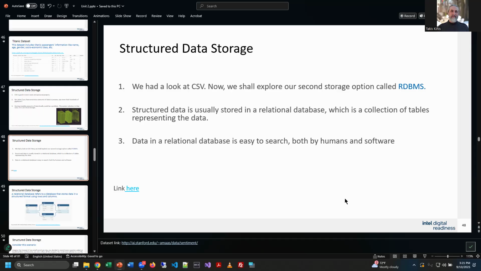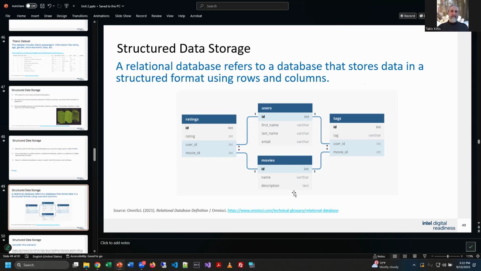Kind of keeping on going through this, another structured data format that we use quite a bit is relational database management systems, that's this acronym here. For those of you that are either actively taking the database class, or in principle should have had it quite a while ago, we know what a database structure is. A database is a collection of tables, or tabular data, not just one singular table, but usually multiple tables that are linked together. In other words, the tables have relationships between them that allow the information in the different tables to connect.